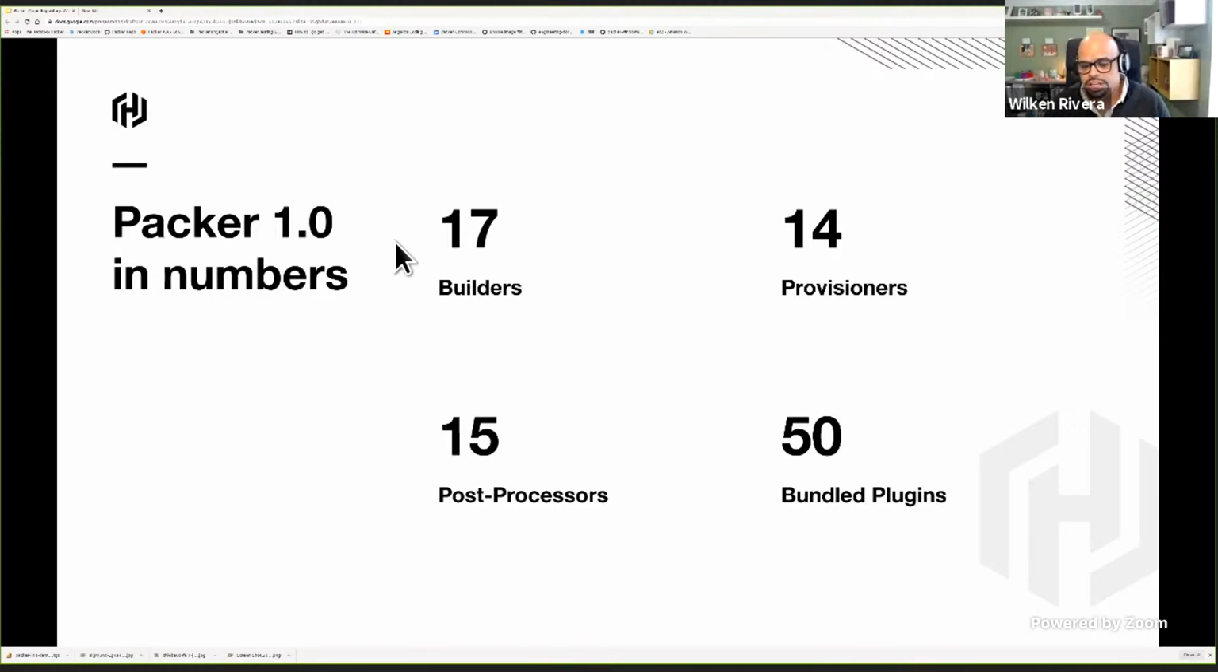these plugins represented the integrations to the various platforms. So these integrations, as we call them, builders, provisioners, and post-processors, are what allow Packer to build and deploy images to different platforms. And since Packer 1.0, Packer's reach has really grown in integration as well as capabilities, which is what brings us today,